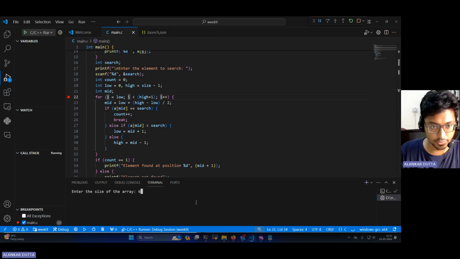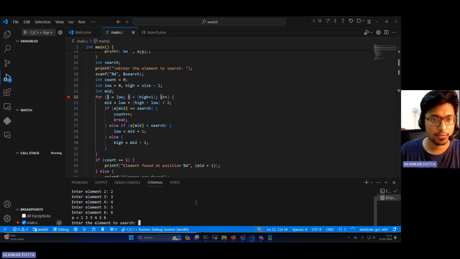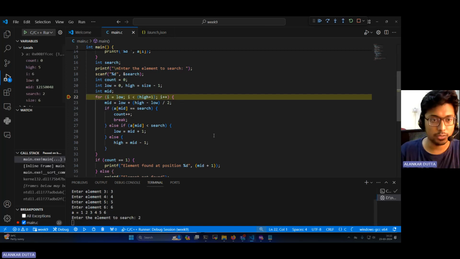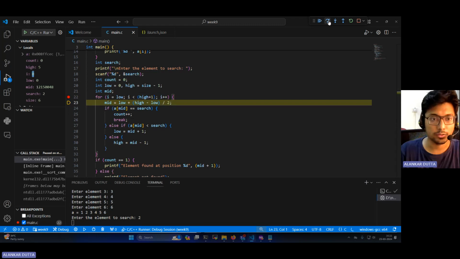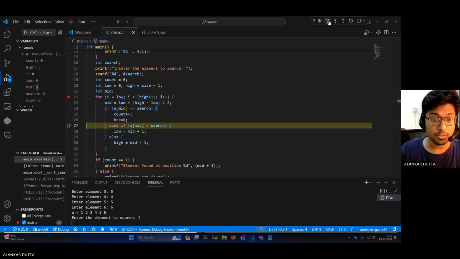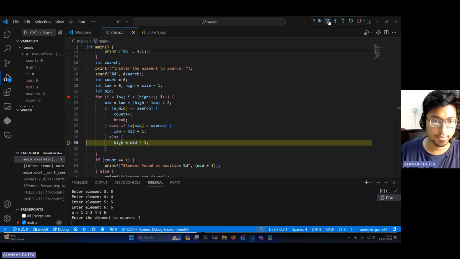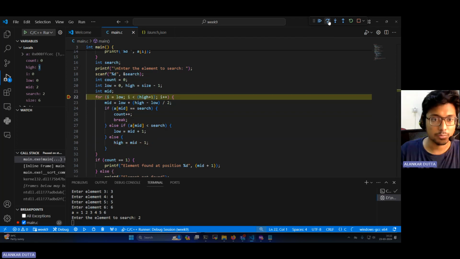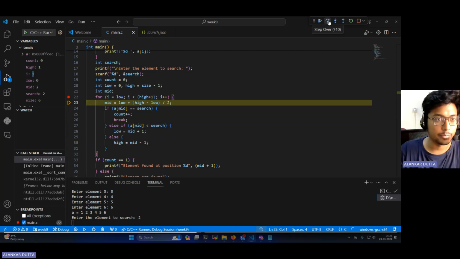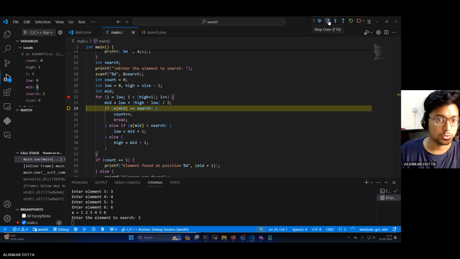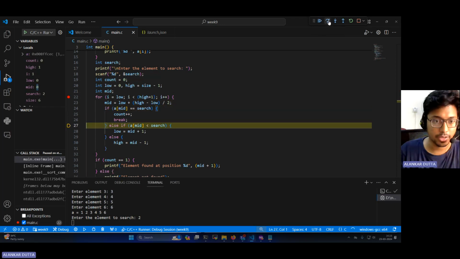So let me have 6, then 1, 2, 4, 5, and 6. What is the element to search for? Let's go in. It is not equal. It takes the high one, comes back. The mid is now set to 0, and obviously doesn't match. So the low is now getting adjusted. Comes back,